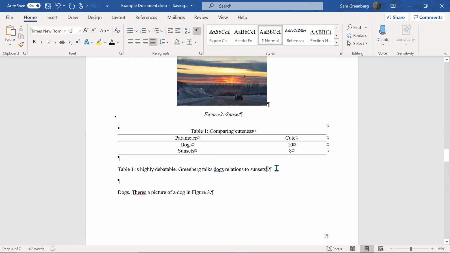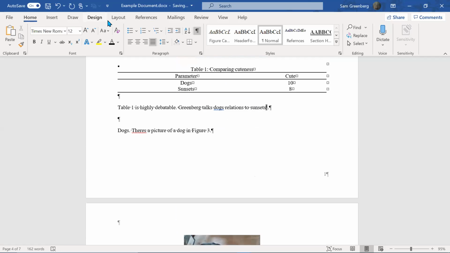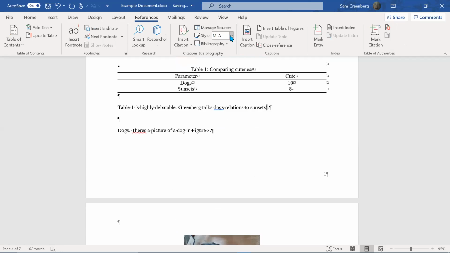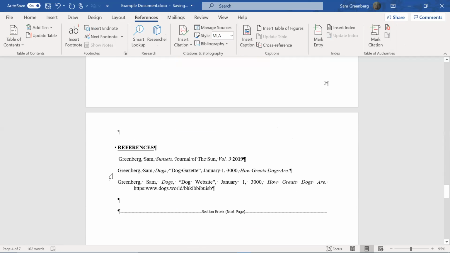So what we're going to do here is, now that we have the caption, the order is very important, so pay close attention. You got to go to References, insert the caption first, which we've done. Then we're going to go down to the caption. And actually, I think we're referencing this one because we're talking about dogs' relation to sunsets. So even though these appear in a different order, you'll see the advantage of it pretty quickly. I'm going to put a space in, and then we're going to go insert